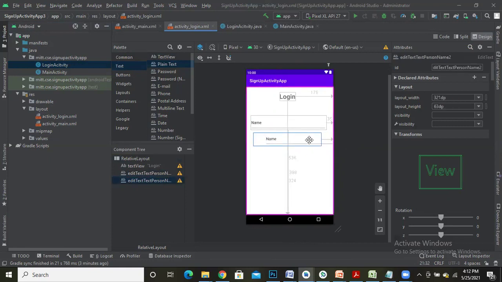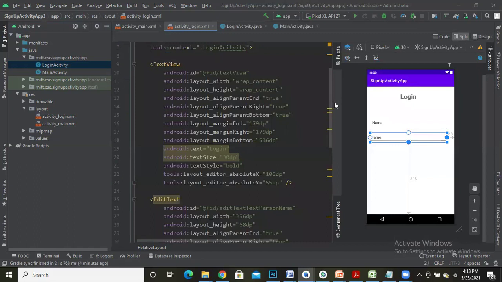And place it properly. Okay. Done. So come to this split mode.